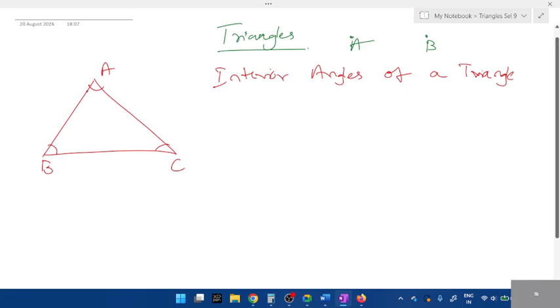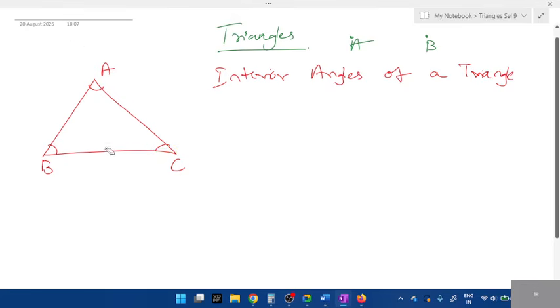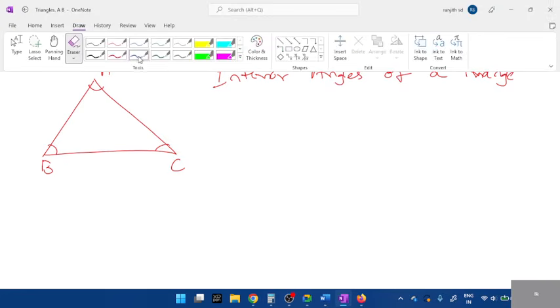And how do you measure angle ABC, students? How do you measure it? You know the protractor. All of you know what a protractor is, right? If I keep a protractor here, what are the numbers the protractor has? It has numbers from 0 to 180. And a straight line is 180 degrees. So a protractor has 0 to 180 degrees, students. So in order to measure the angles, we use an instrument called a protractor.